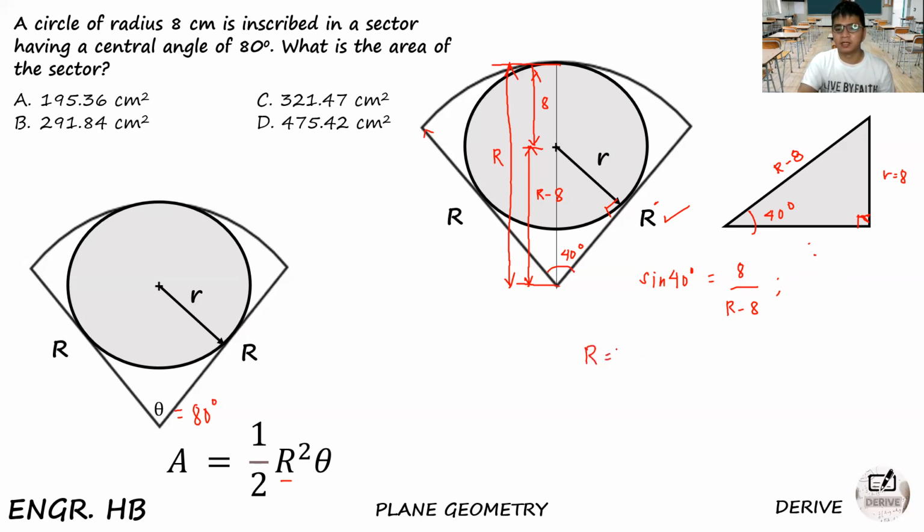So our capital R, the value is 8 over sine 40 degrees plus 8. Kasi tinranspose na natin yung 8. So the capital R value is 8 over sine 40 degrees. Of course, calculator guys, plus 8. So the answer is 20.446